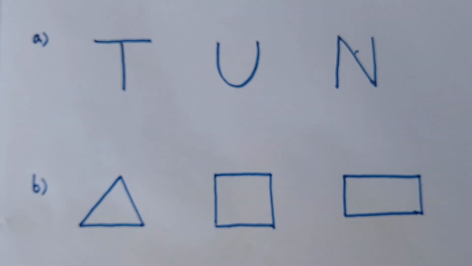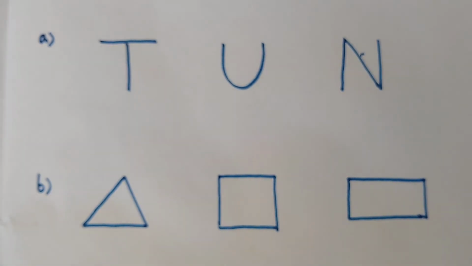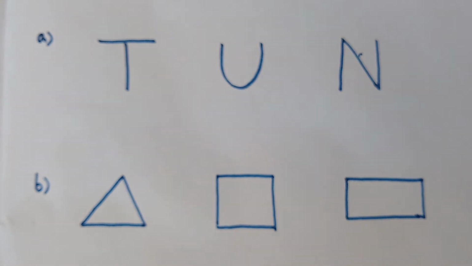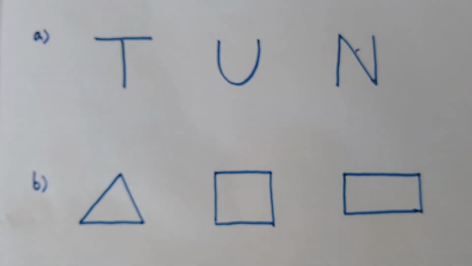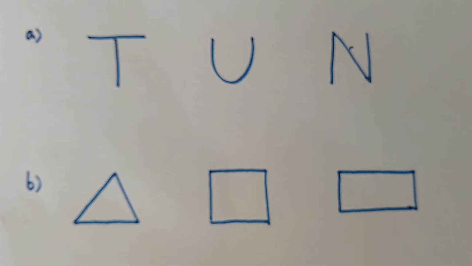In this exercise we saw two problems. First sum is classify the following curves as open or closed. The diagram is given in that problem, and we have to check whether the given figures are open or closed. In the second problem, we have to draw the diagram of an open curve and a closed curve.